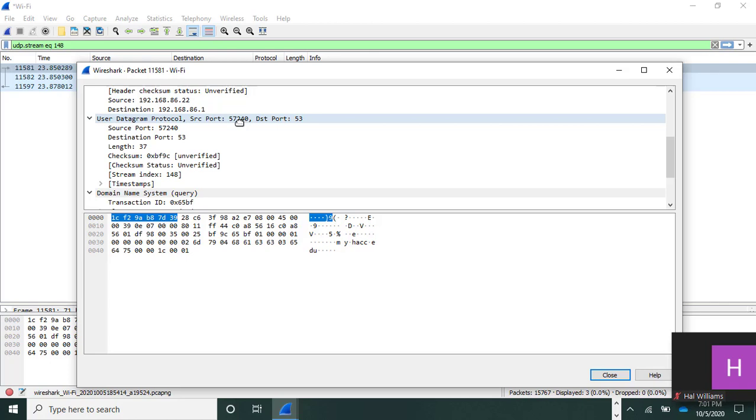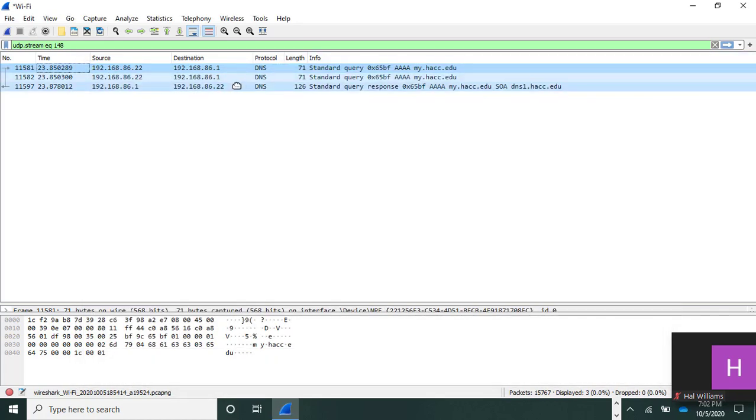What is the IP address of hack.edu?" And it knew that it was a DNS request because of port 53, because 53 is a well-known port number for DNS. It's set that way in the system. But 57240 is not a registered port number. That was a randomly generated port number so that the router knew where to send the request back on my network. But this is the most important piece right here, that we know that this is a DNS